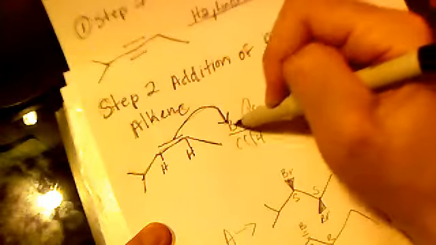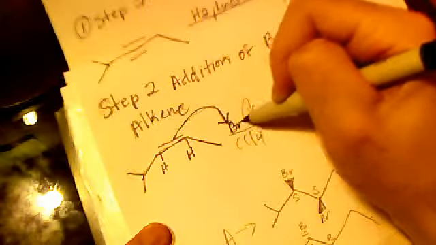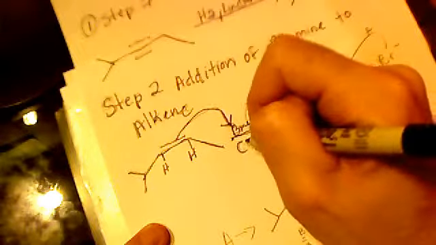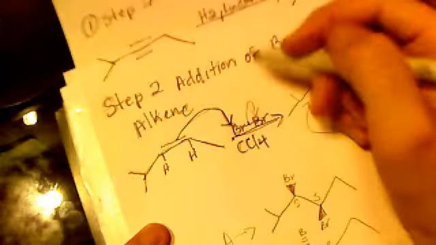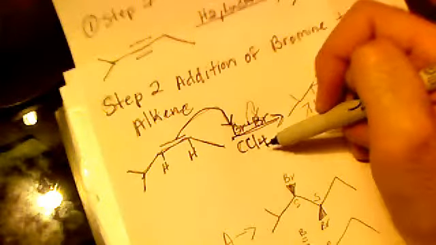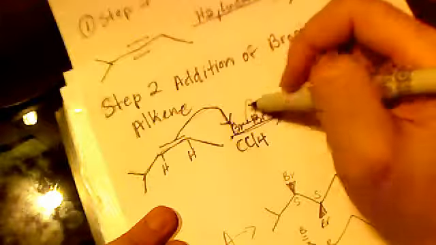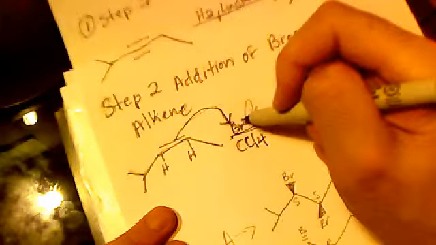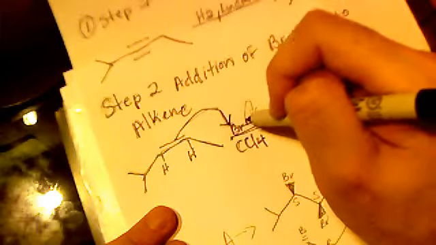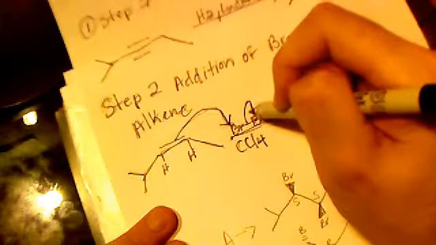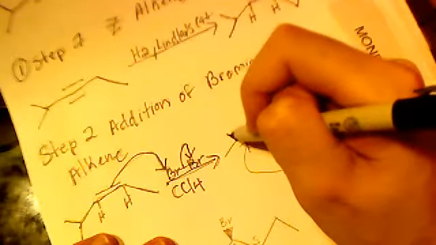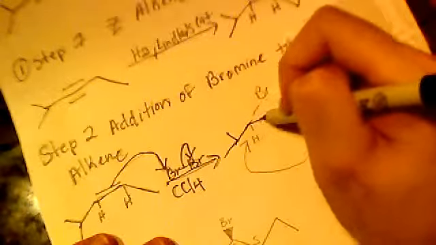The bromine is in carbon tetrachloride. That's carbon tetrachloride. So the pi bond is going to attack the bromine and then take it, and this bond will break. So what we're going to get is this molecule